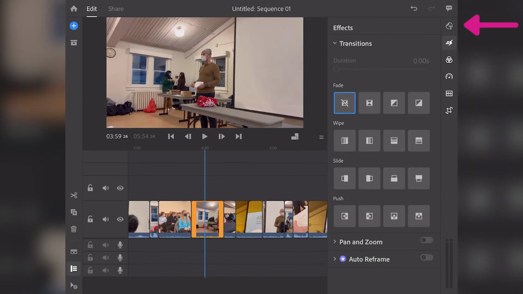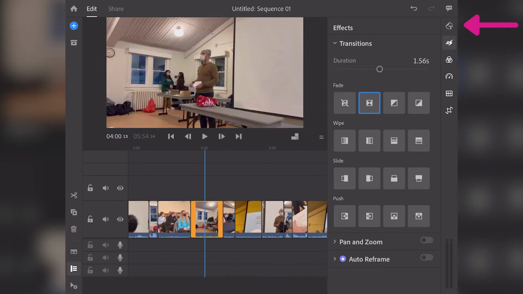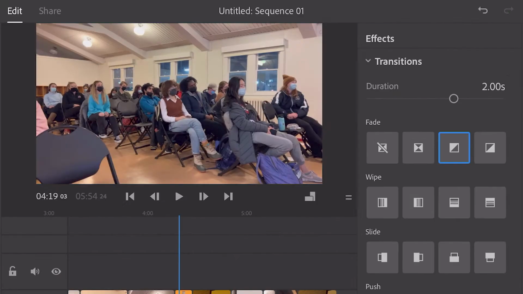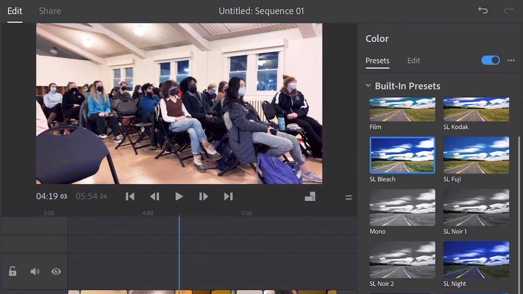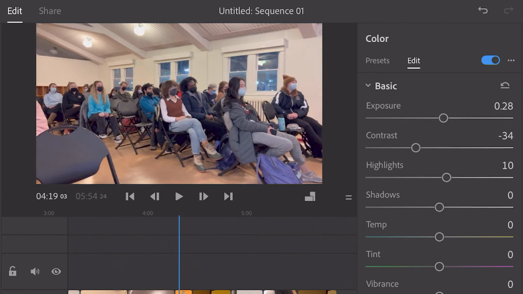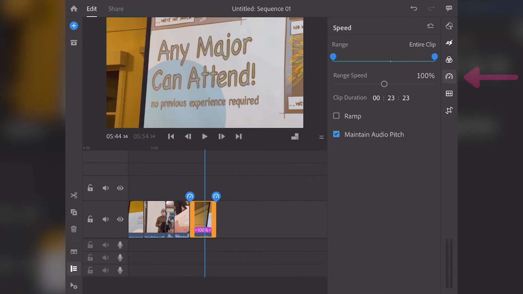In the Effects tab, you can add transitions to your clips and customize their duration. In the Color tab, you can add presets to your video to make it look more professional, or adjust the colors manually. In the Speed tab, you can adjust the speed of a clip or part of a clip by